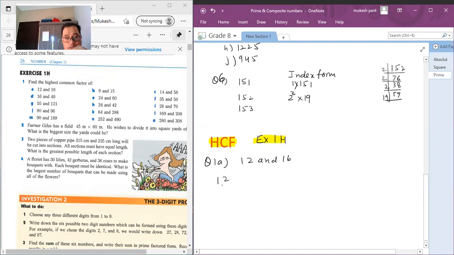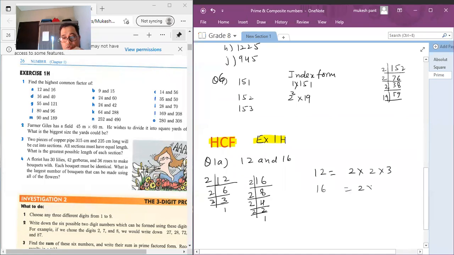First of all, in the first method, use the division method, repeated division, to find all the factors. 2 divides 12 six times, then 2 three times, and then 3. And then I'm getting the factors of 16 here. This is 8, this is 4, this is 2, and this is 1. So what I will write here: 12 equals 2 times 2 times 3, and 16 equals 2 times 2 times 2 times 2.